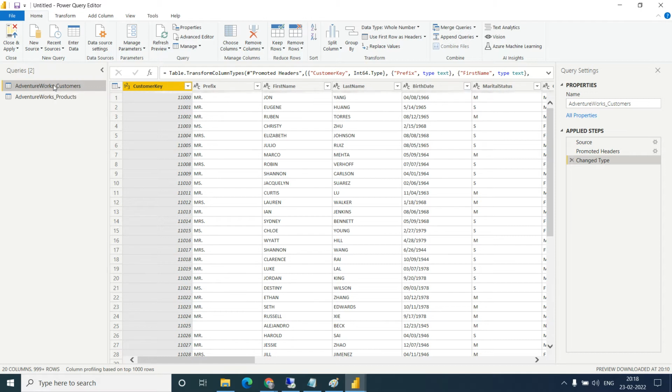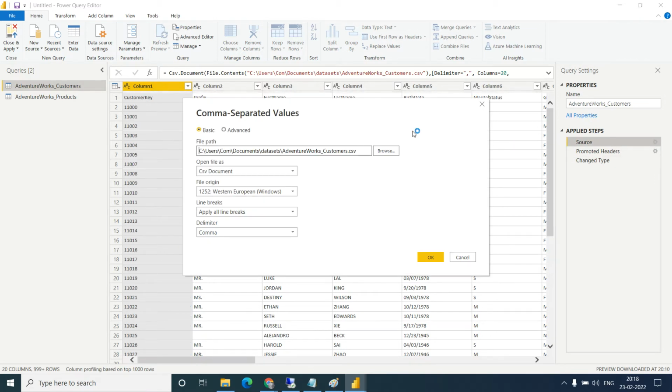So when you connected this data, it means there is a connection of this data available, right? So you can see on the right side there are steps. Whatever step you create, the step will be generated here. Let's see what is the first step. First we connected data, so we have one step. So you can see there is a connection available.